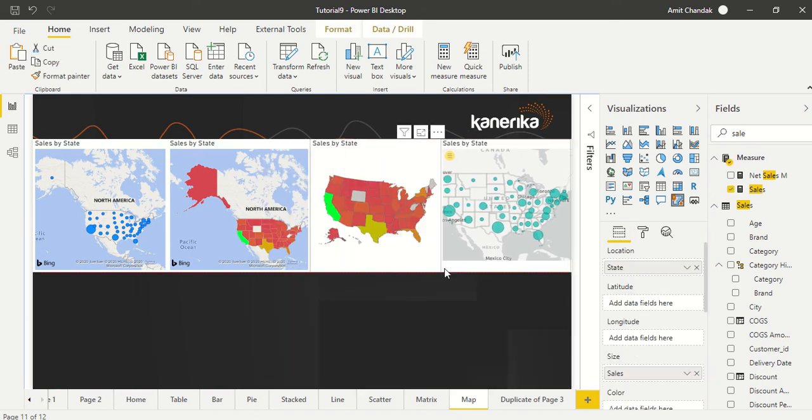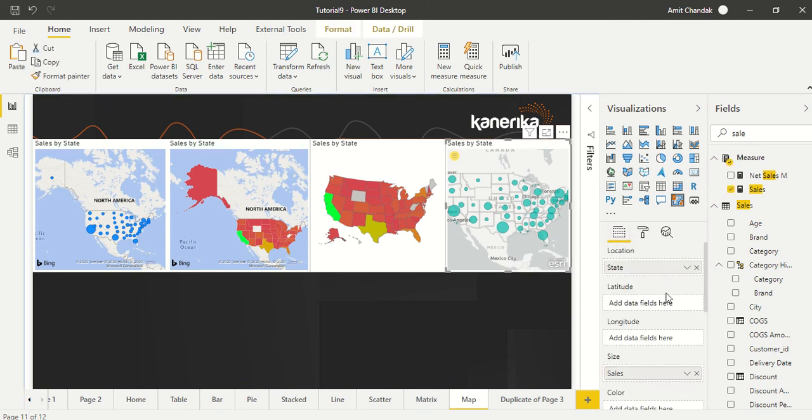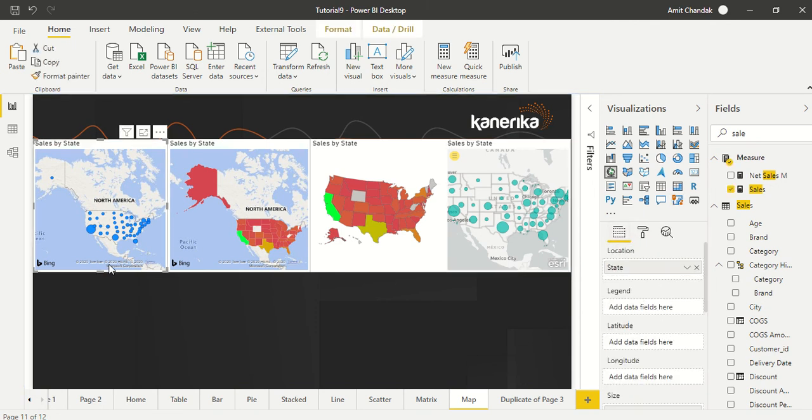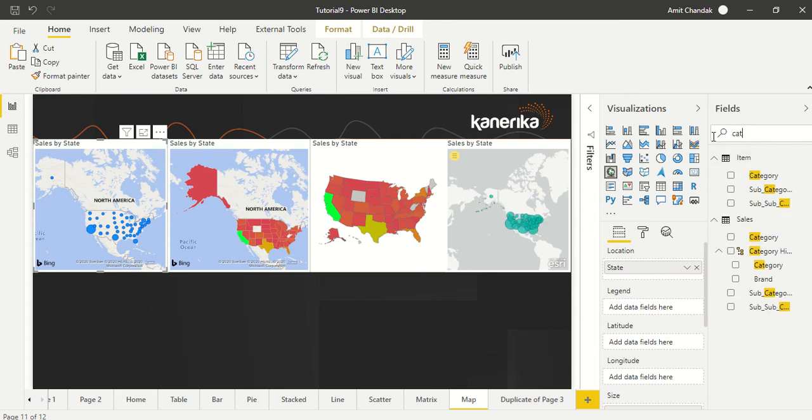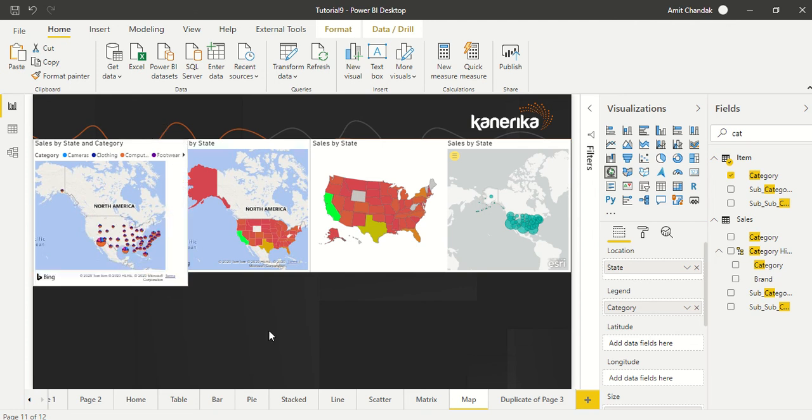Now with this ArcGIS map, we don't have a legend property, but all three of the others have a legend property. Let's add the legend and see how it works. We add category as a legend. We don't have longitude latitude, so that's why we are not adding it here.